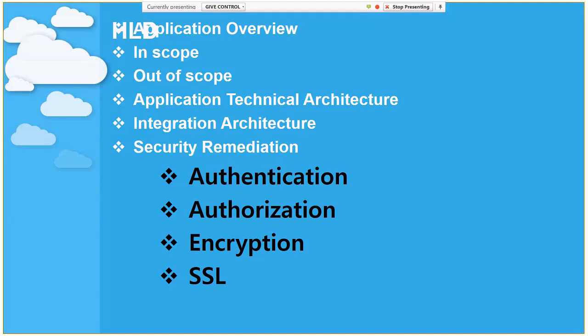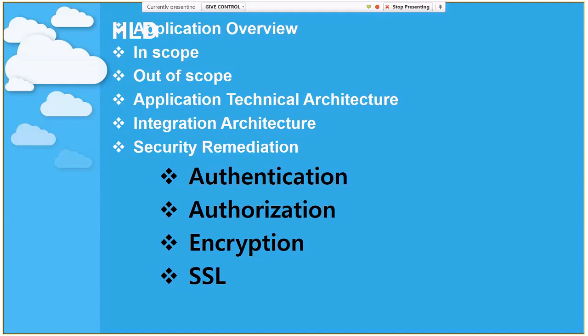In scope: what all things we are going to make changes to, where we are going to make changes, and what all things we own basically. And definitely we'll have the second section as out of scope. Just think this application is getting data from some other applications. The changes which need to come from the other application need to be done on the other application's side. We don't own it. So such things, or if some version upgrade is dependent on the other side of the application, or it is expected from the client, we don't own it. All of that will be part of the out of scope.